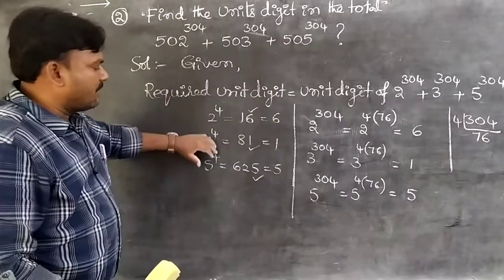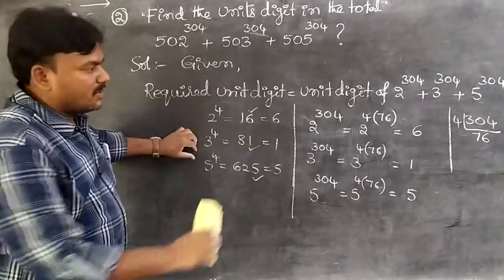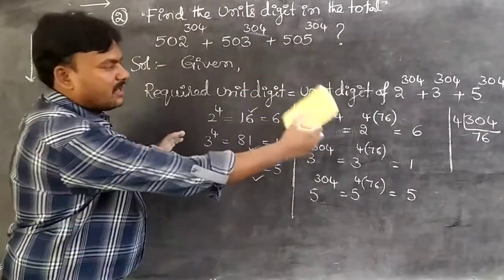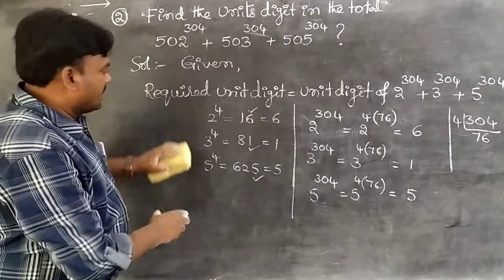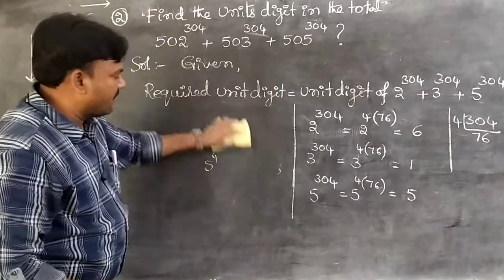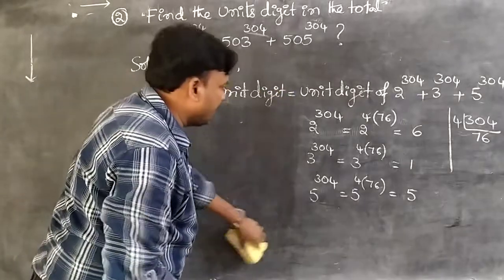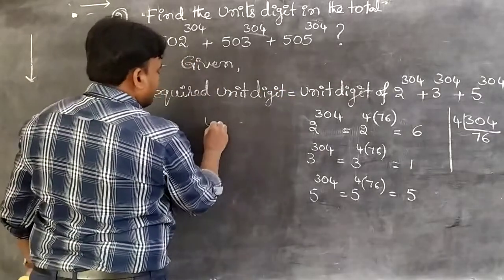This is the rough part, students. So practice the rough work on the right side, not the left side. But here the board is not comfortable, that's why it is taken on the left side. So here it is, students. This is the way of approach. So here what we have written is the unit digit.